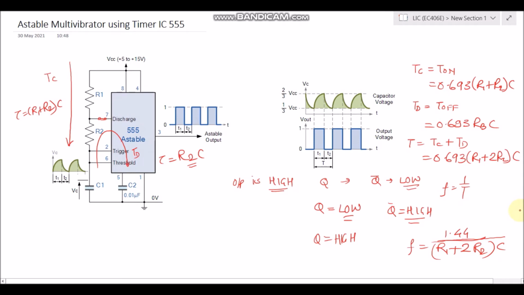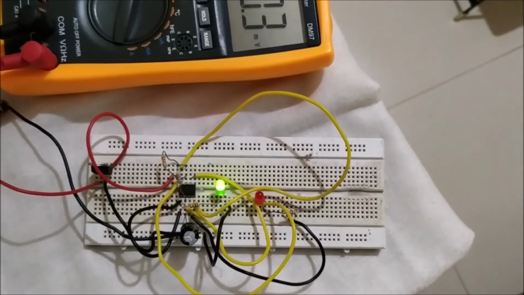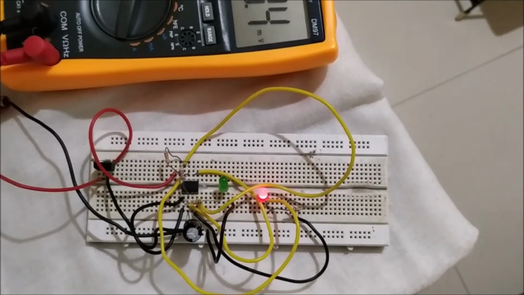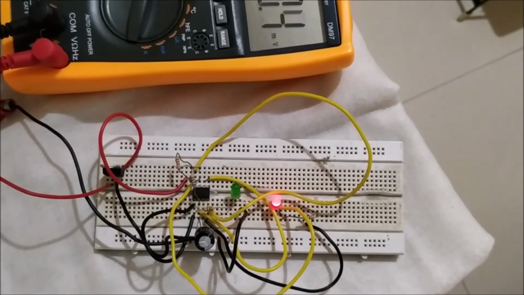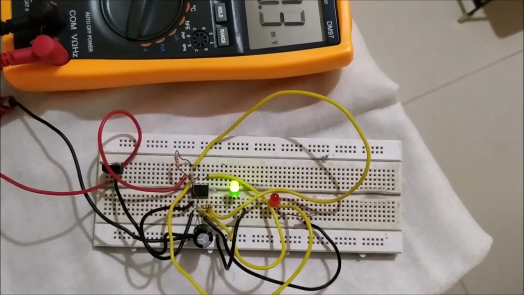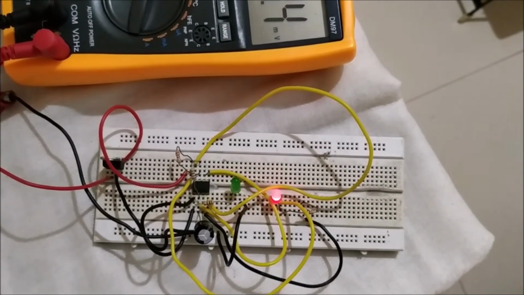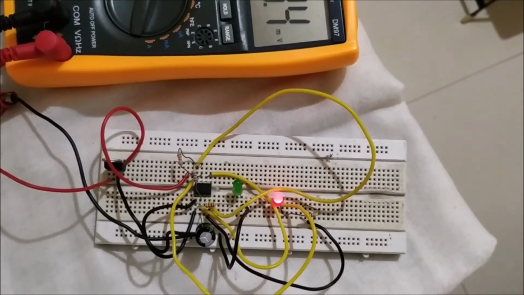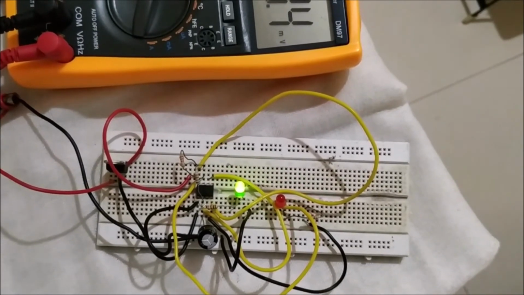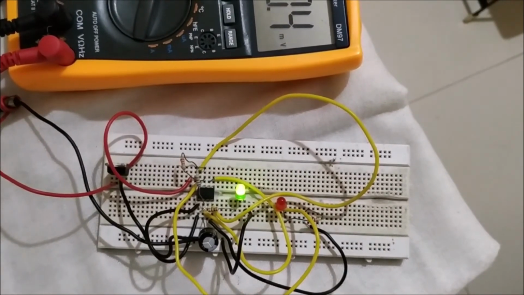Now this we need to verify with the practical. So after completion of the circuit diagram, you can observe this 555 IC, when it is used as an astable multivibrator, is giving us high and low as an output. So one LED we have connected to pin 3 with respect to ground as a normally off load, and the other LED we have used in between pin 8 and pin 3 as a normally on load. So alternately both the LEDs will turn on and off.